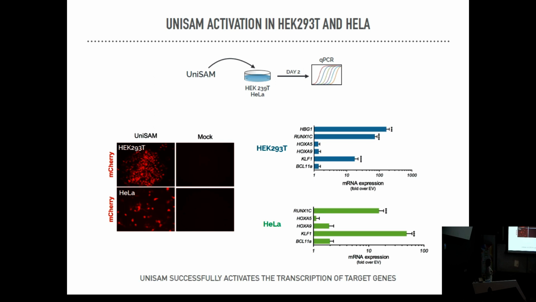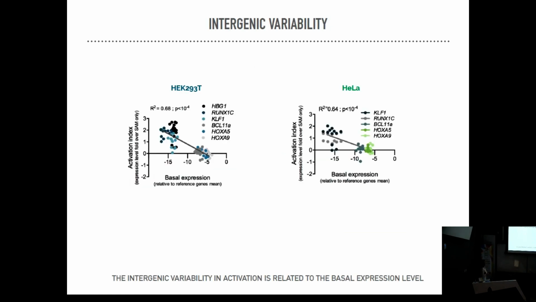So these are mainly transcriptional factors involved in the hematopoietic system. And as you can see here, we got very nice induction of endogenous gene activation. Some of them, though, showed resistance to the activation. And we wanted to understand why some of the genes were easy to activate and some were not. So what we did was to correlate this with the basal expression of the gene, because we know that every cell line has a different expression level for every gene, and that's what's the case. So it's really easy to activate the expression of a gene which is not expressed in the cells, but if you take a gene that is already expressed, you cannot express it at higher level.